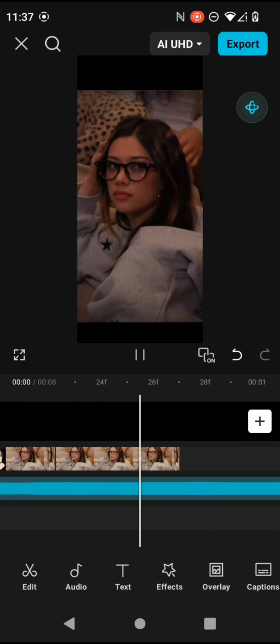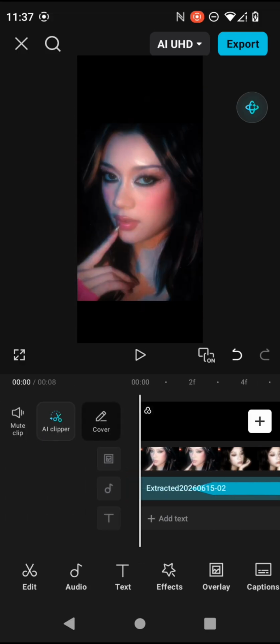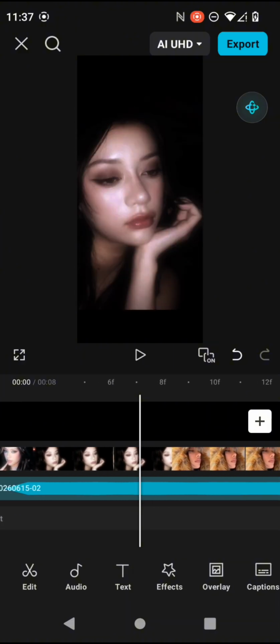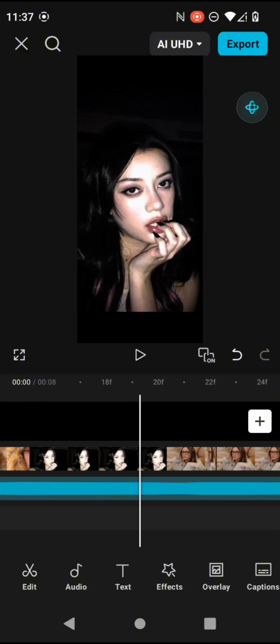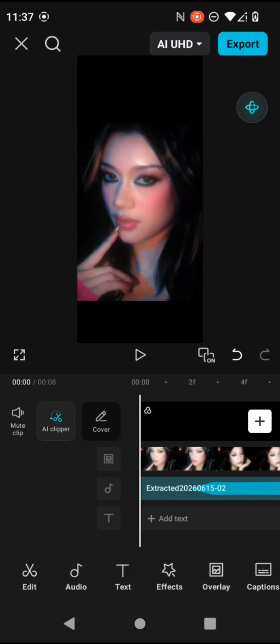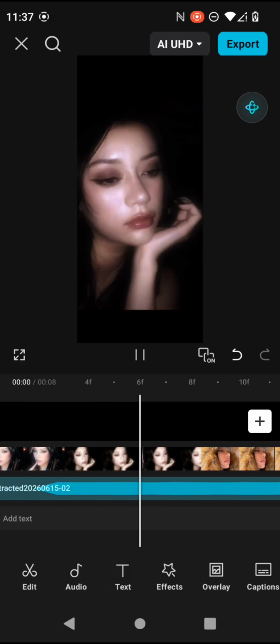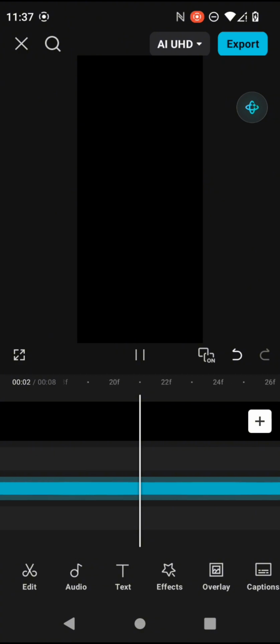See? You can adjust the quality to anything you like. So this is what the clips look like after the quality. I don't know what they look like before because I forgot that quick. And then after that you only have